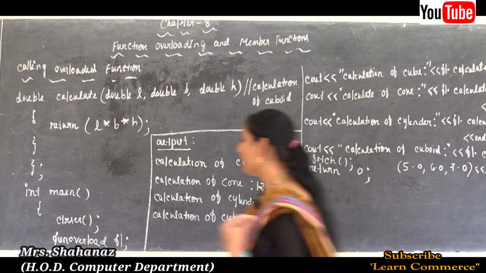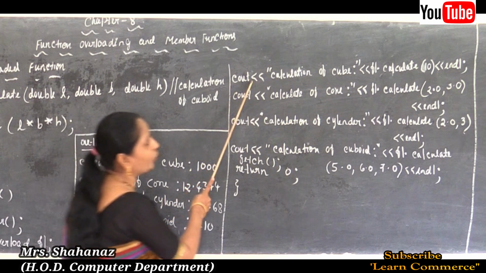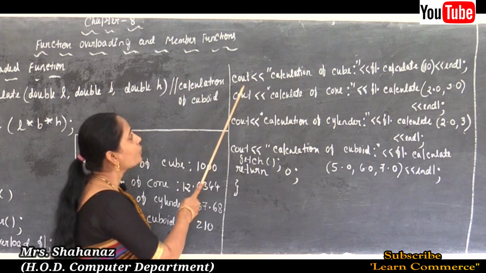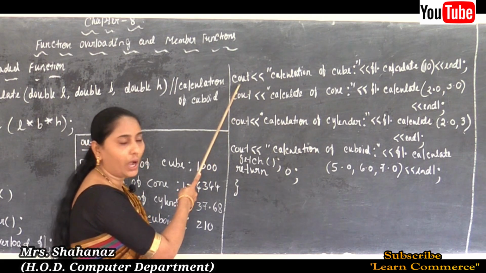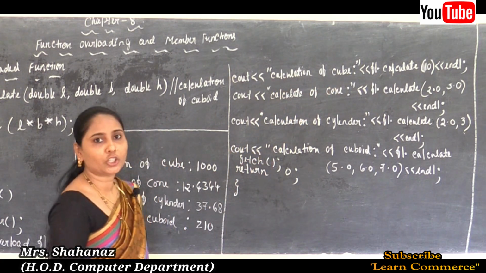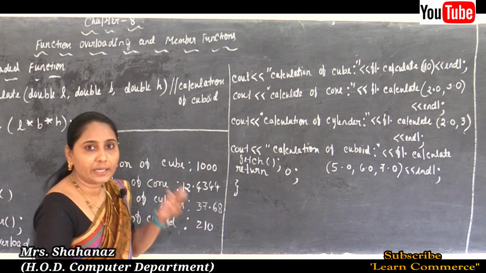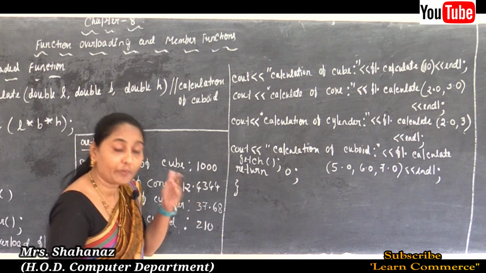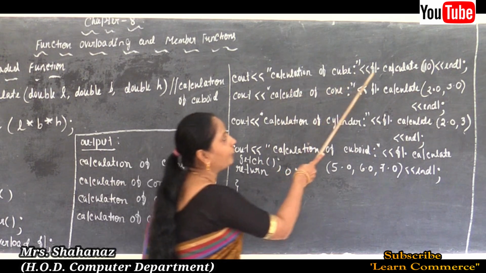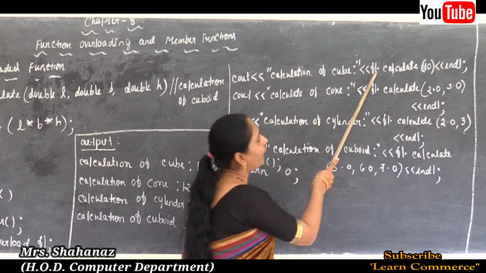After declaring the object, that object is going to access the member function to execute the value. So cout, why? Because cout is the console output, and this message is going to display on the monitor. The message is the calculation of cube. We already performed some calculations for the cube, cuboid, and maybe cylinder, for each and every member function. So it is going to display the message, the calculation of cube, and why? Because the object is going to access the function. So F1, why?